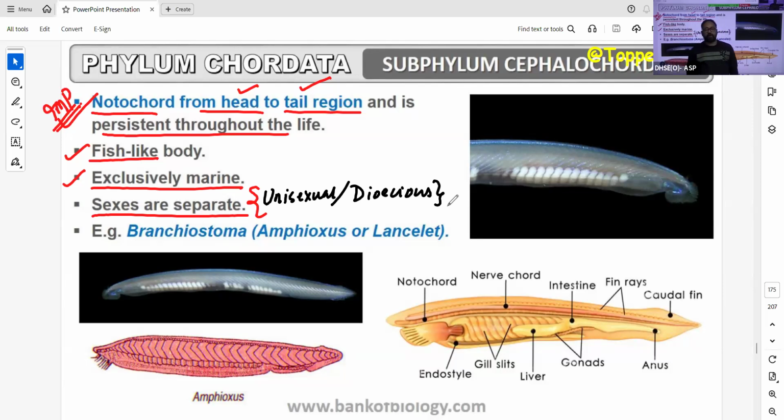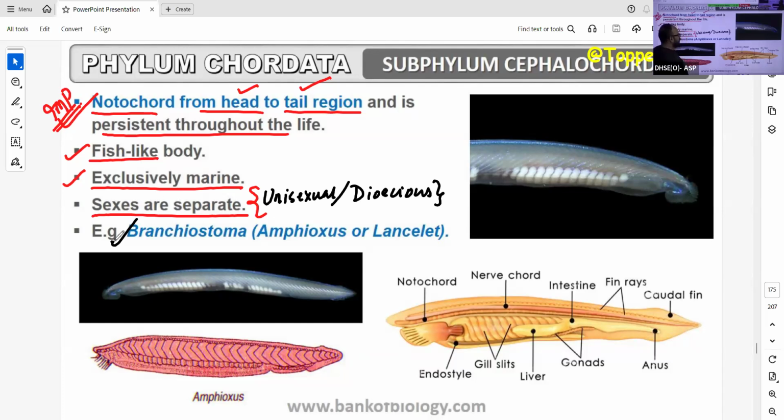The male reproductive part and the female reproductive parts are present on two different organisms. Hence, they are referred to as unisexual. Okay? As an example, Branchiostoma, that is amphioxus or lancelet, is an important example of the